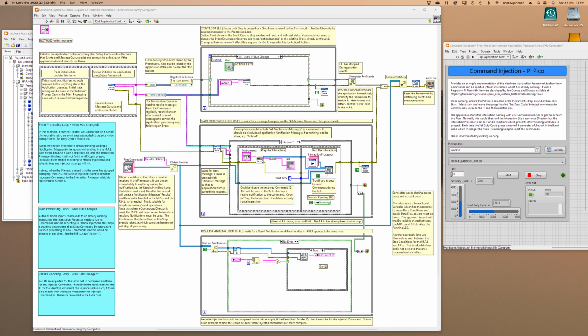We're doing the get ID to get the command directors with the right command, and we're pushing that through onto the interaction processor in exactly the same way as we did before, except this time we're setting the flag here to true, and this flag is for handling injections,